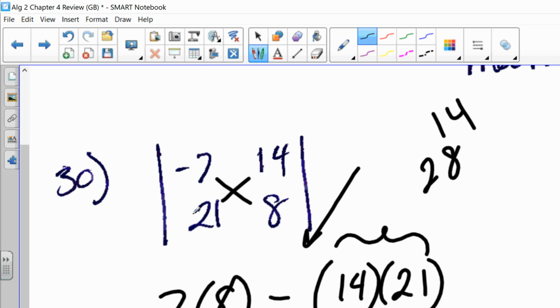Yes. Because if you notice that on all of these here for 30 through 35, we do not have brackets, we have absolute value bars. That is another way to write determinant. We're saying taking the determinant. Also in the directions, find the determinant of each matrix. So we can do that. Now,